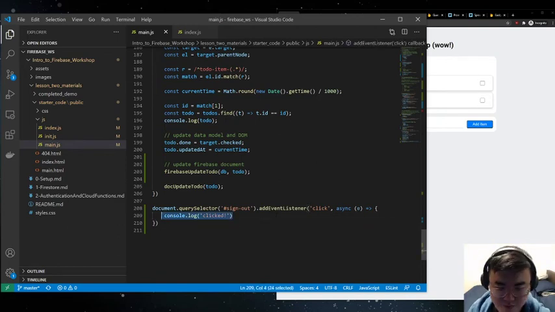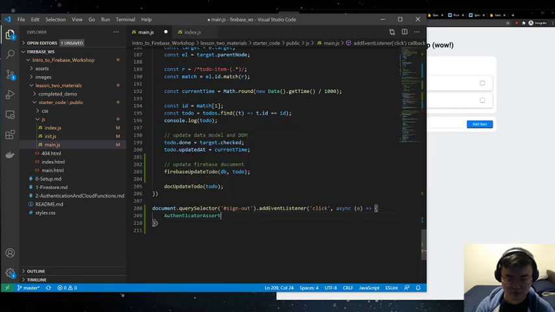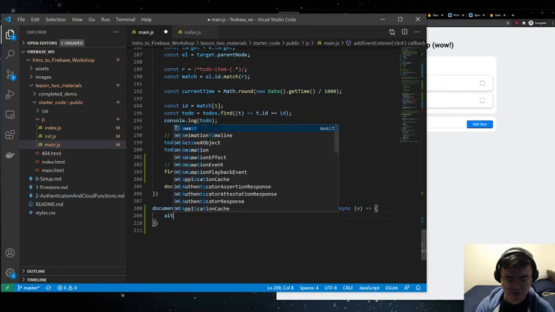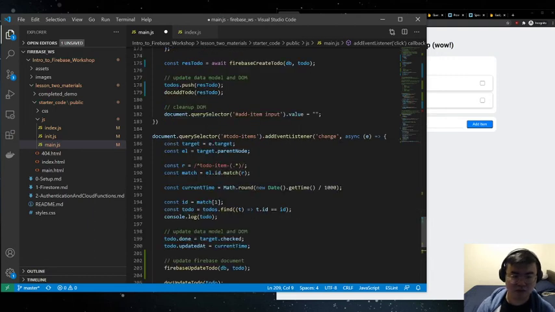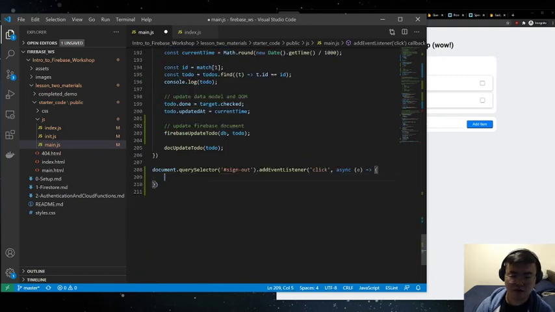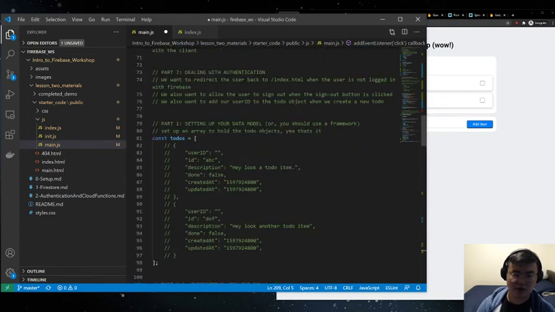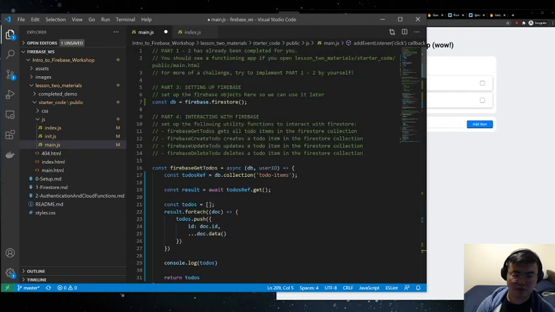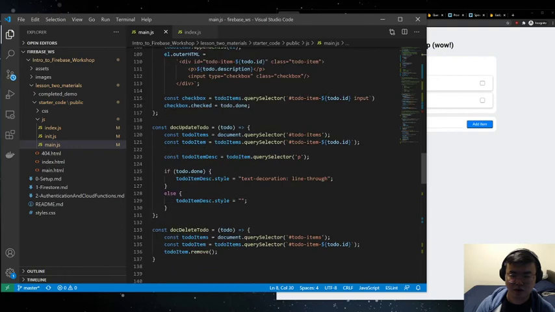And then now we'll do, we set up. We haven't set up the authentication object either. So we're going to set up and then call